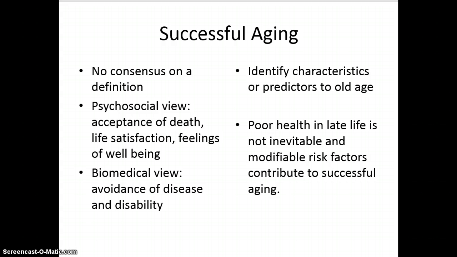And then other identifying characteristics or predictors of old age. Poor health late in life is not inevitable. And there are modifiable risk factors that contribute to that. Smoking and alcohol are